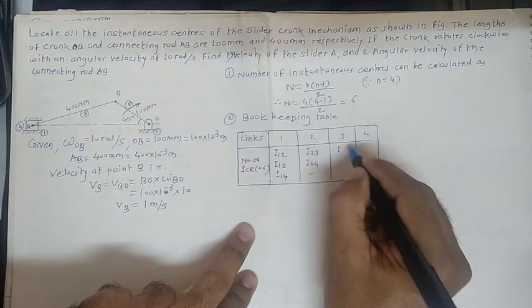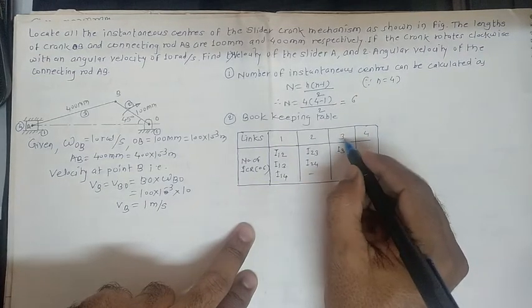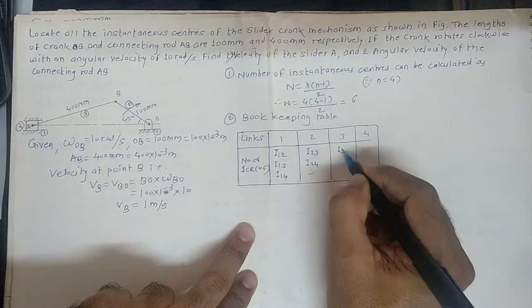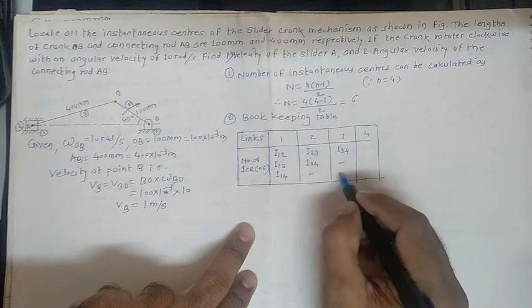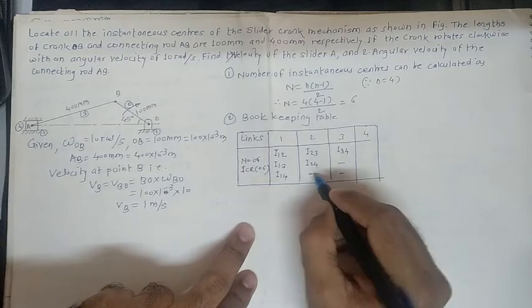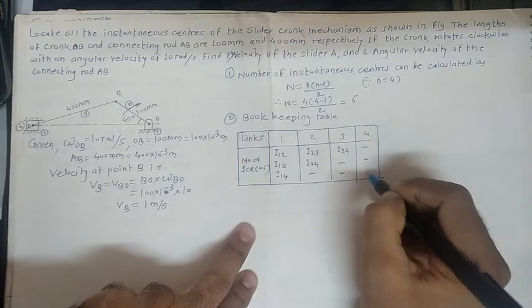Next one, 3 suffix. Okay, because the number 3 is here, give the next number here, 4. No other number is available next to that 4. Okay, so give a dash.